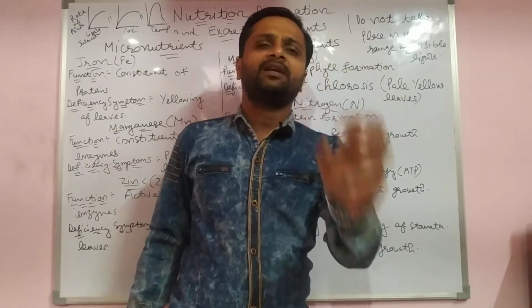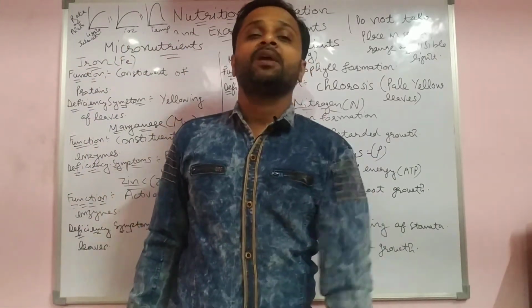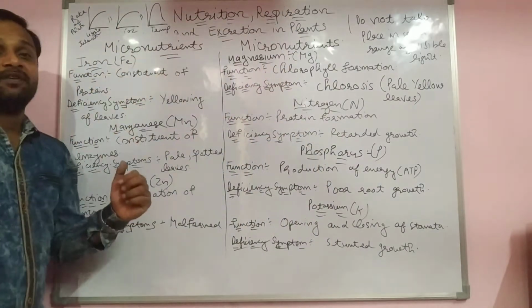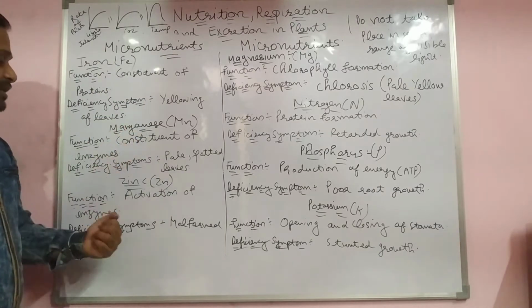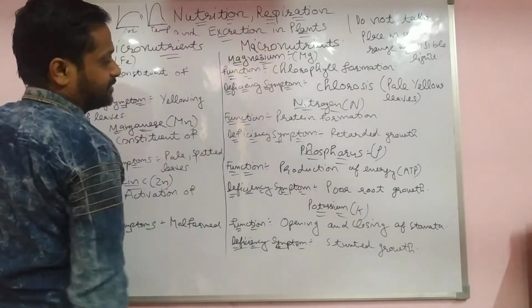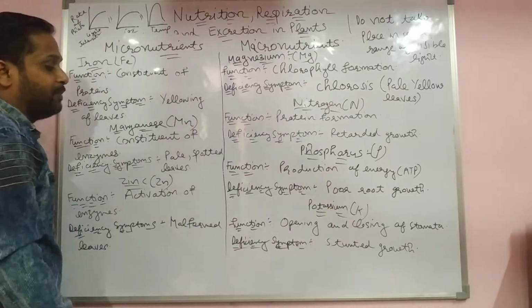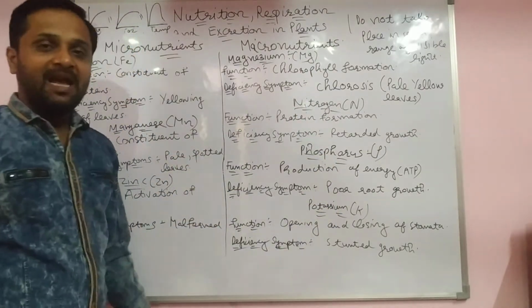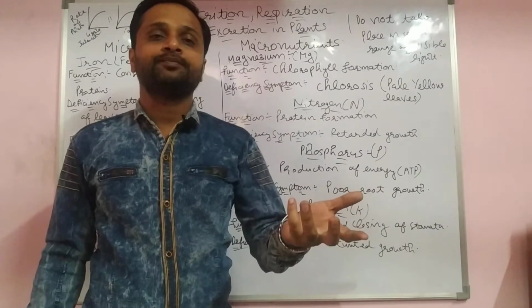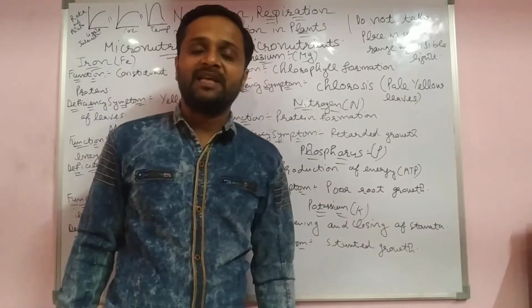Micro is for small particles, like electron, proton, neutron. Micro means the plants require them in less quantity, that is called micronutrients. Iron, manganese, zinc, that is micro. And macronutrients are what the plant requires in more quantity: magnesium, nitrogen, phosphorus, potassium. Mainly the word used is NPK. NPK fertilizer you already know, which is given externally from outside, but some is already present in the soil also. NPK: nitrogen, phosphorus and potassium.